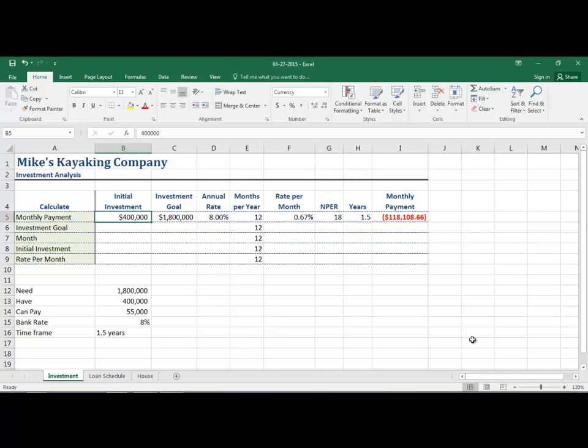The reason is the money is coming out of your back pocket and going into this investment. And watch what happens when I change this from a positive to a negative 400,000. Okay. So, whoops, let me try that again. I didn't get my negative in there. Now you can see that that's a negative 400,000. I had 400,000 in my back pocket. I took it out and gave it to this investment. And then every month I invest another 70,000 on top of that,